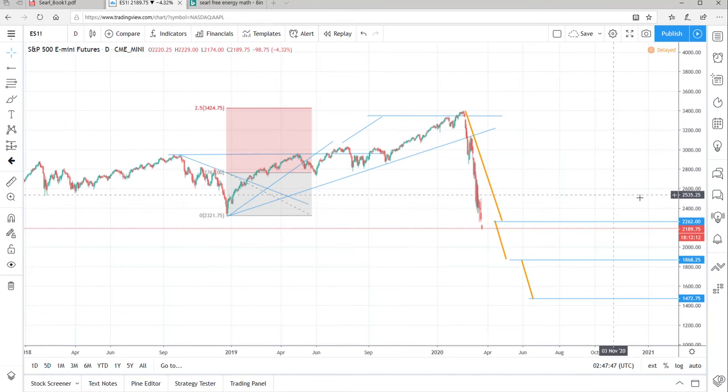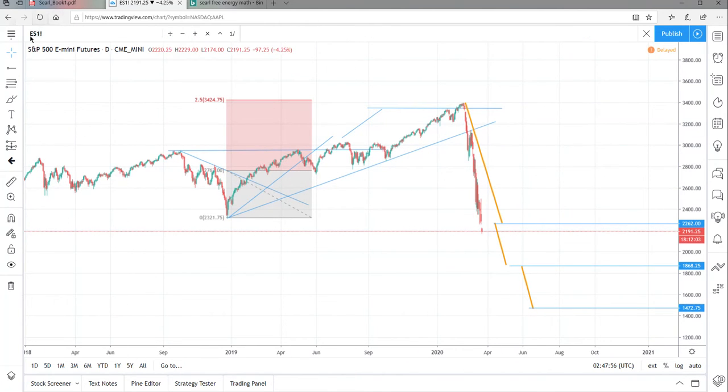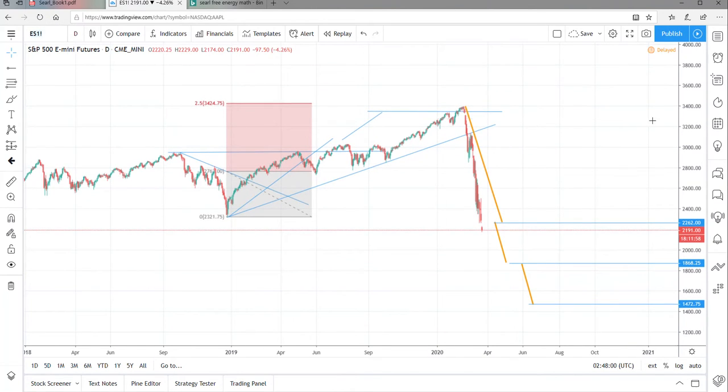Hello, we wanted to bring to the table some ideas across the targets for S&P. This is S&P futures. We can translate these to SPX, SPY, and other markets. The logic we are using here is basically the Searl effect, which is the free energy, quantum energy, and you can see it has three impulses depending on